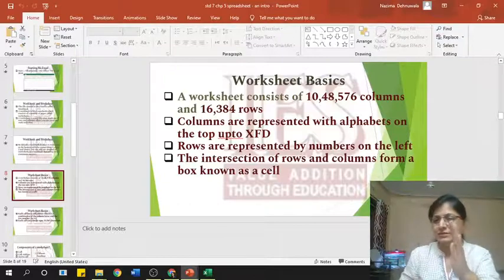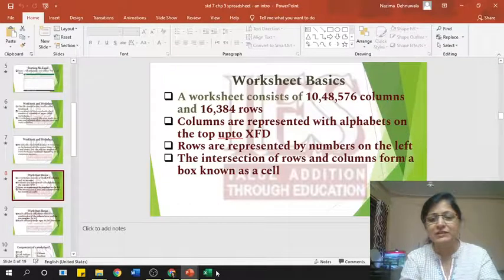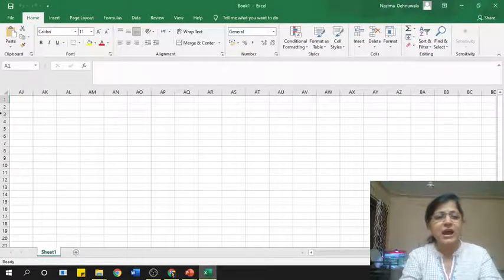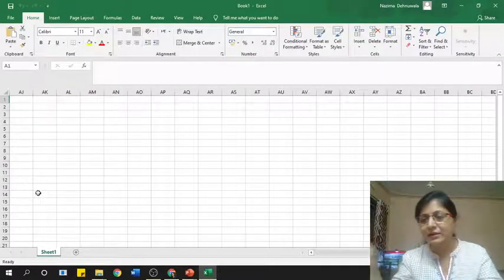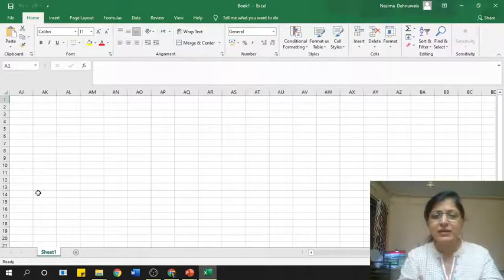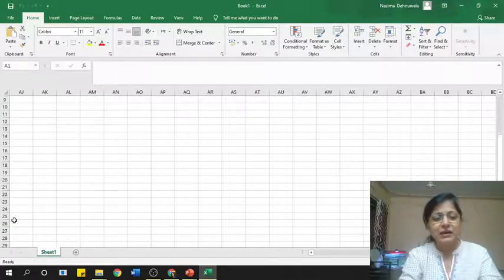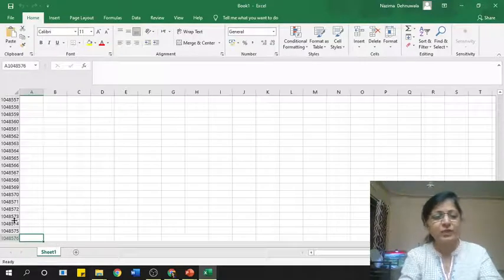Rows are the vertical things. So you have over here, you can see in the worksheet, these are numbered 1 2 3 4 5 6 7 8. These are the rows. Okay, these are columns, the letters are the columns, the columns are labeled with letters. Okay, and the rows are labeled with numbers. And these, the last one, if you go to see,